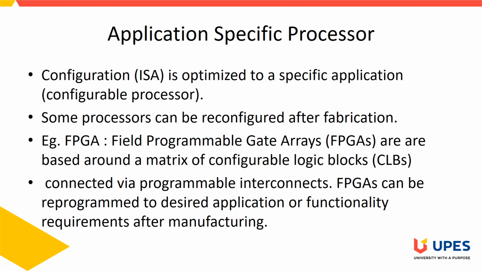Now talking about the application specific processors, they are designed in such a way that their architecture is optimized as per your application. Like in case you are designing a complete system and you know the application of your device, and based on this application you are optimizing the design of the hardware also. These kinds of systems generate very good efficiency. Examples of application specific processors are ASIC and FPGA.